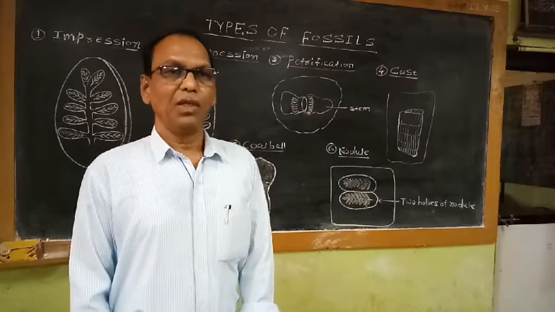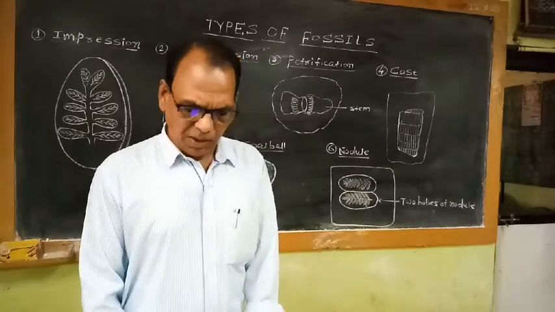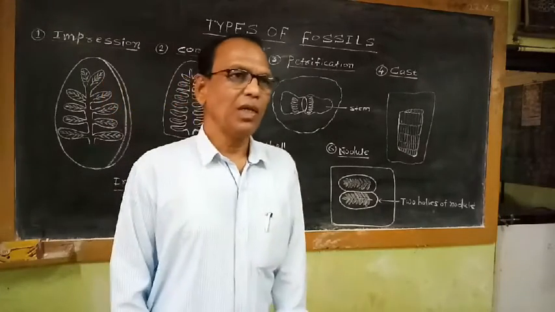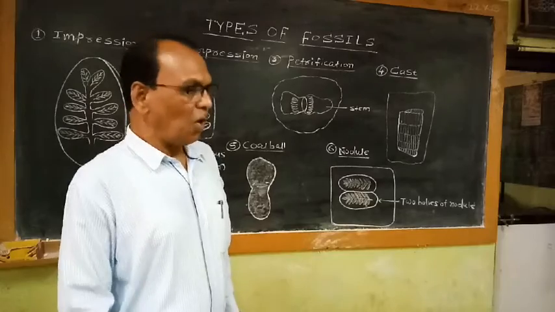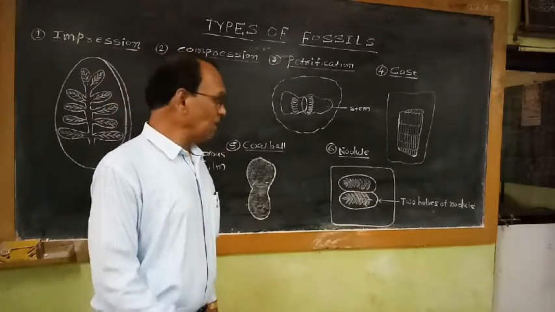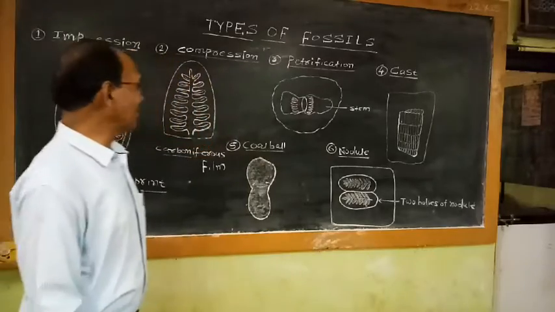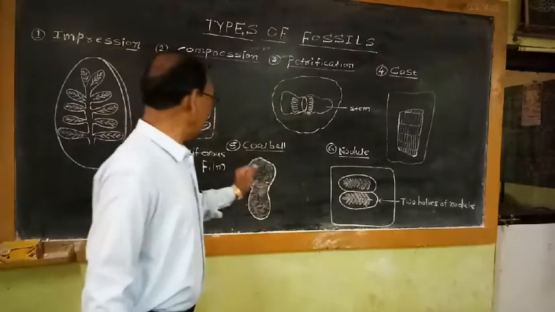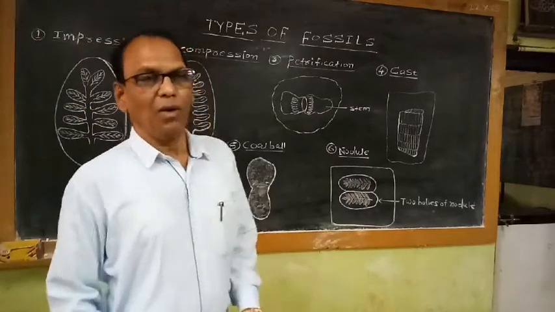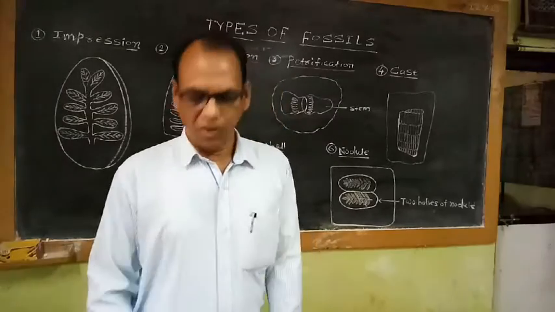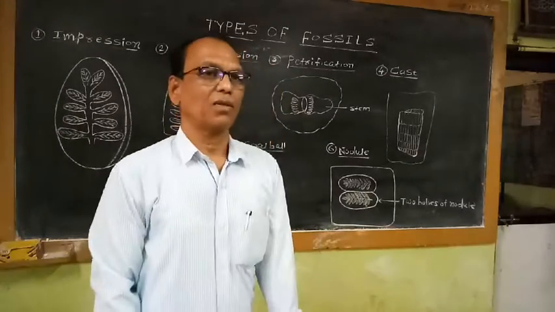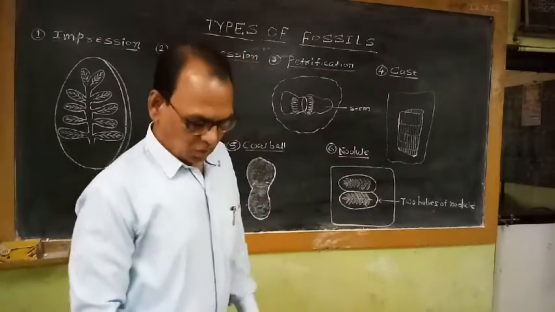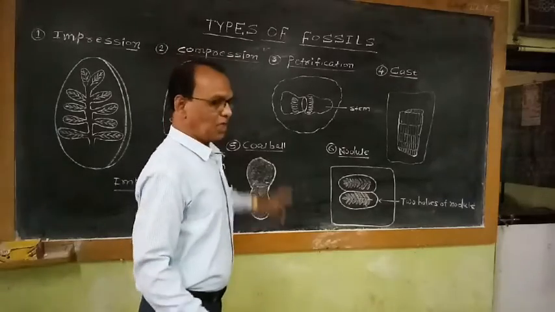That means with the help of all these types of fossils, we can judge the type of plant material which was preserved in different forms. That means on the basis of the nature of the fossilization process, fossils are categorized into six categories: impression, compression, petrification, cast, coal balls and nodules. And with the help of these fossils we can study the ancient plants preserved in different forms of fossils. So that's all about this article, types of fossils.